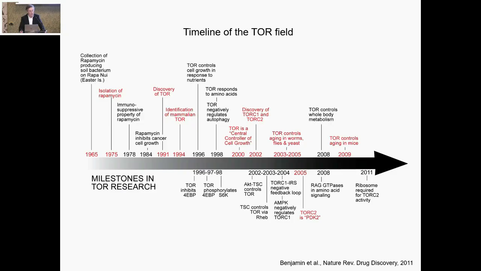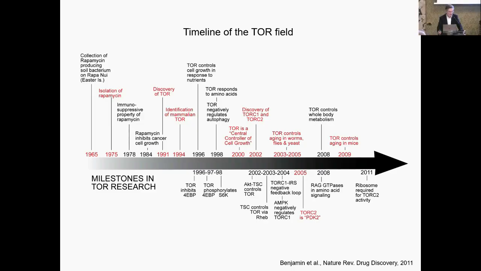They did isolate by 1975 such a molecule, which they called rapamycin, after the indigenous name for the island, Rapa Nui. And they were developing its antifungal activity for use in the clinic. But as they were doing so, they realized it had the undesirable side effect of suppressing the immune system. And needless to say, suppressing the immune system is the last thing you want to do to someone with a fungal infection. So it was discarded and not further developed as an antifungal.